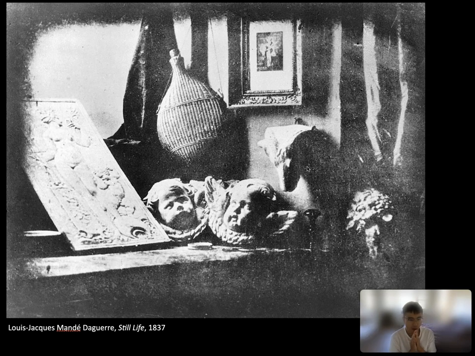You have an answer. Why pick these objects? Who's the audience? What's the purpose for Daguerre to take a photo of still life, of these objects? A sculpture of babies, of baby heads, some kind of instrument, some kind of a bottle, maybe a rattan, looks like a